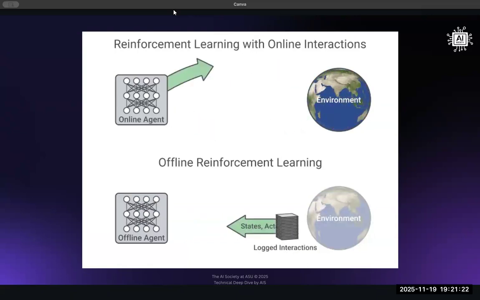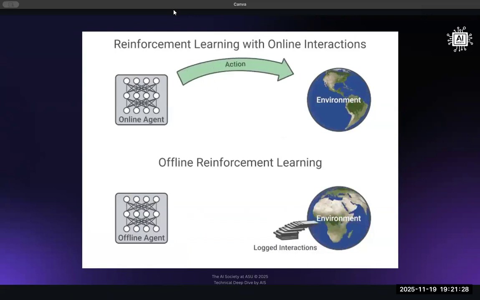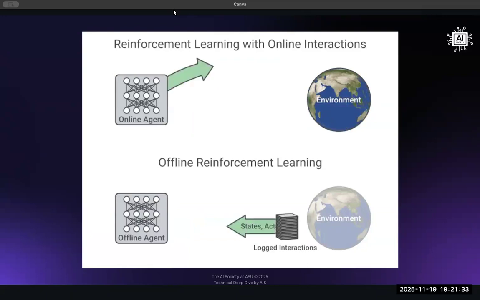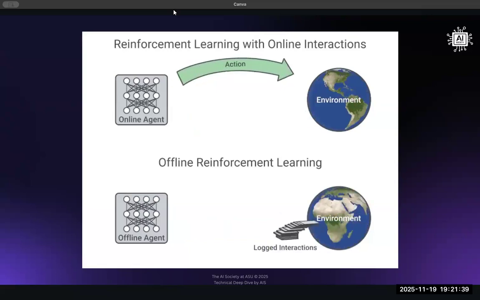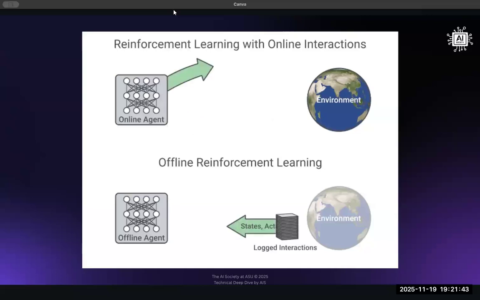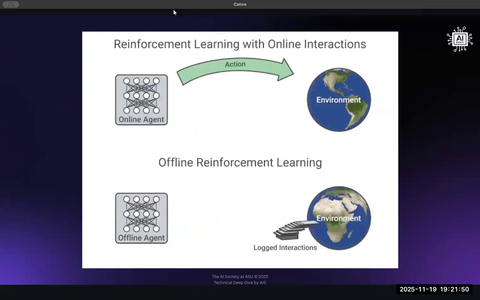Maybe it's too costly for us, or maybe we don't have direct access to the environment. So perhaps we can log the interactions that we have and store them, so it's not direct interaction with the environment. We just store the states, we store the actions, and then we sort of,